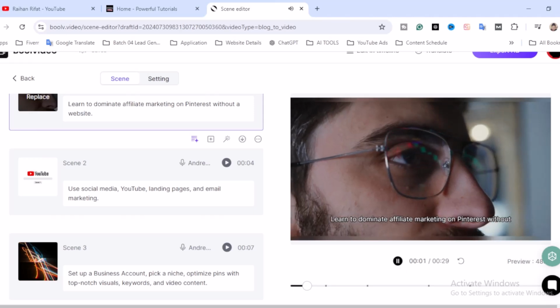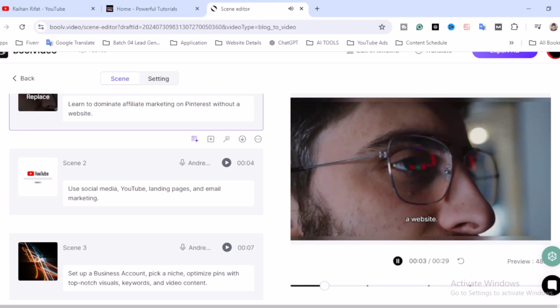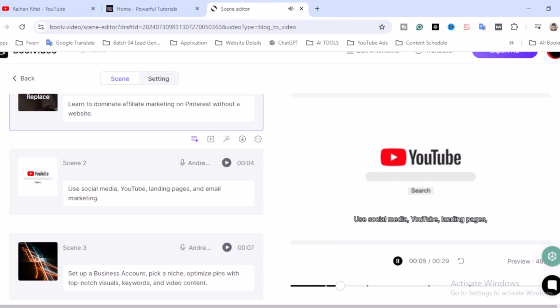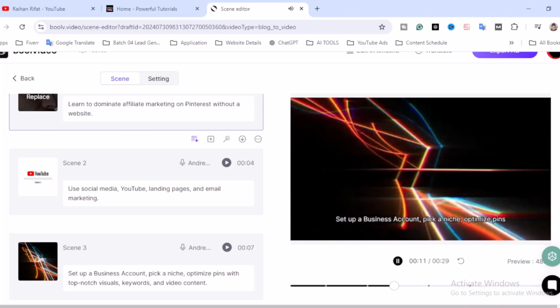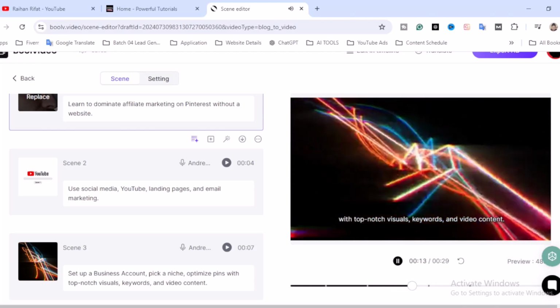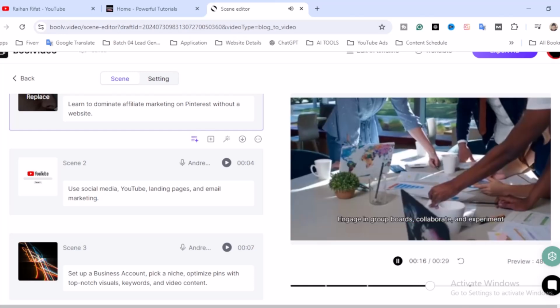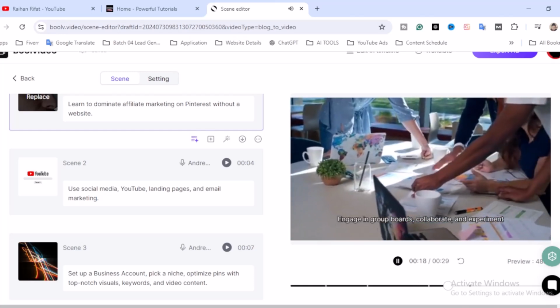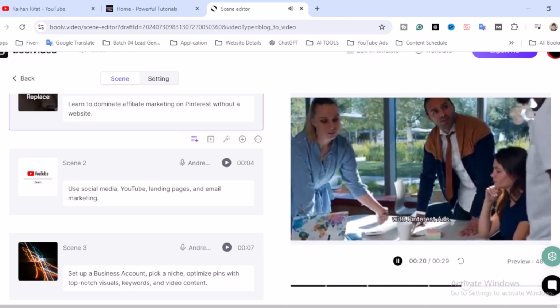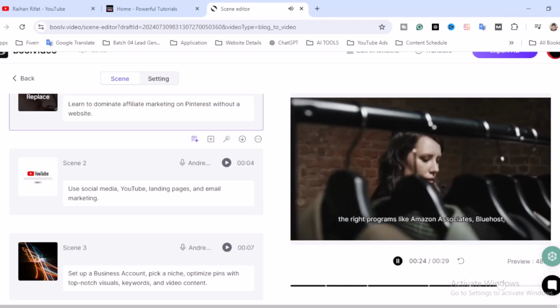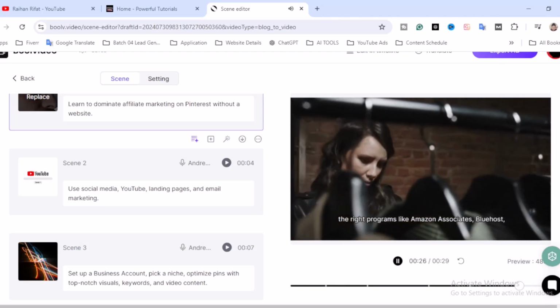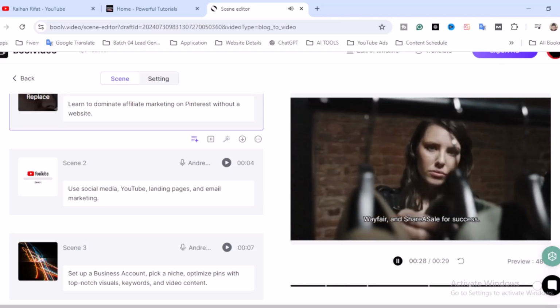Learn to dominate affiliate marketing on Pinterest without a website. Use social media, YouTube, landing pages, and email marketing. Set up a business account, pick a niche, optimize pins with top-notch visuals, keywords, and video content. Engage in group boards, collaborate, and experiment with Pinterest ads. Follow Pinterest's affiliate marketing rules and select the right programs like Amazon Associates, Bluehost, Wayfair, and Share a Sale for